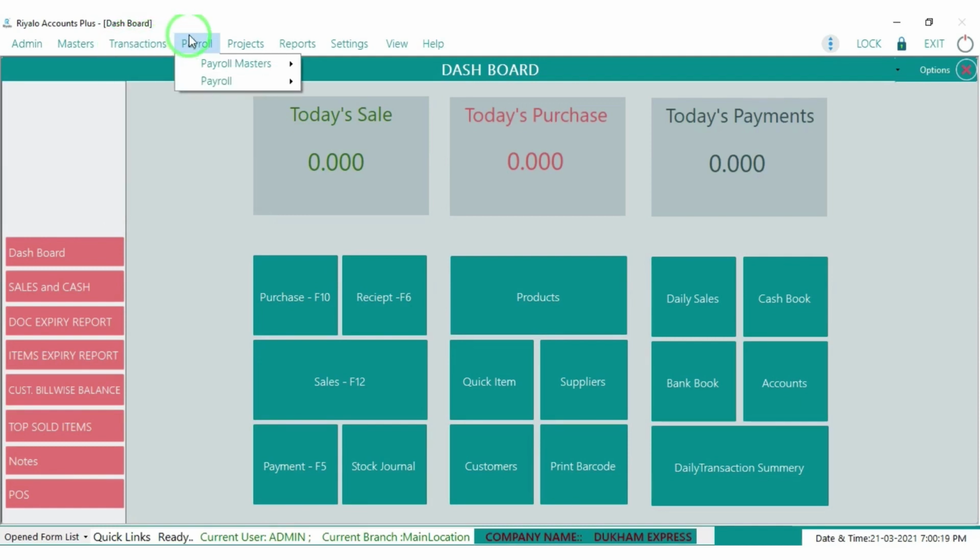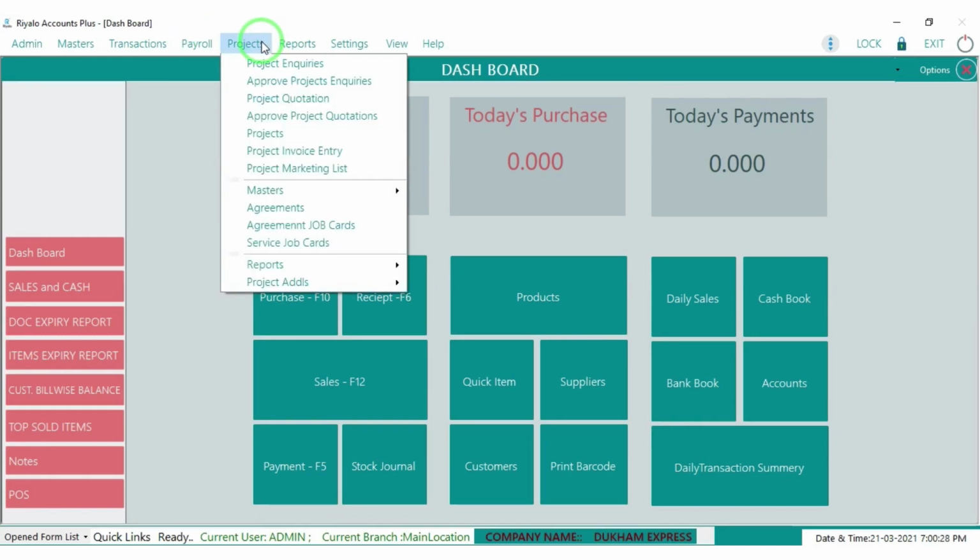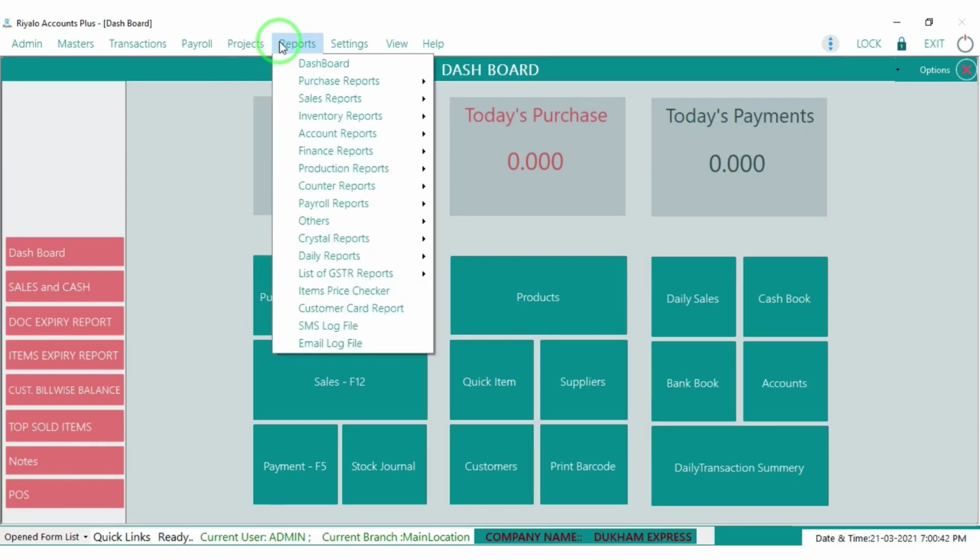Then it's about payroll. It means the employee salary and expenses, and attendance are based on payroll. And another option available is projects. If it is a construction section, there will be lots of projects. Any other site oriented firm will have projects, so we can enter the project details also. Then the last one, the report section. In each and every department or section, there are lots of reports that we want to go through, and we can identify each and every one.